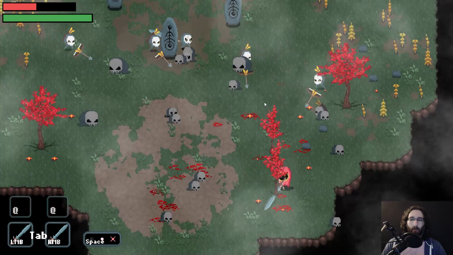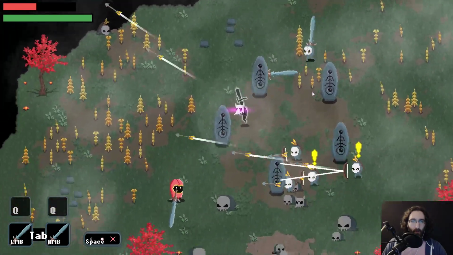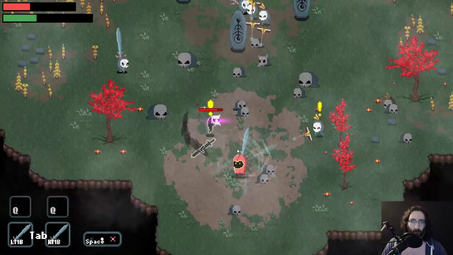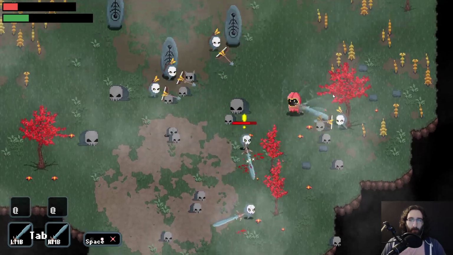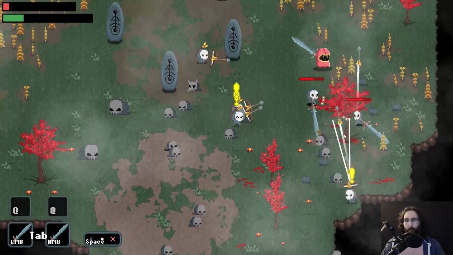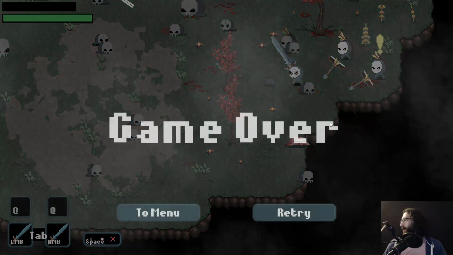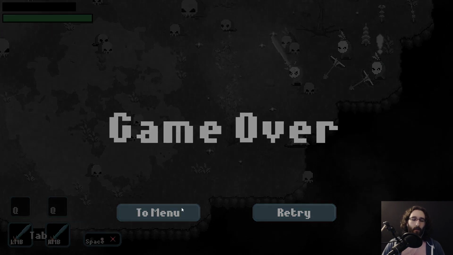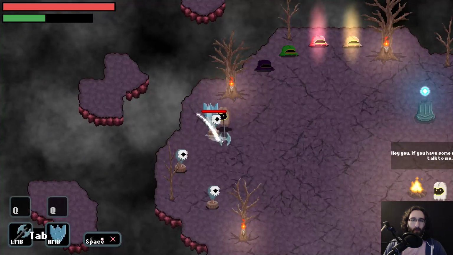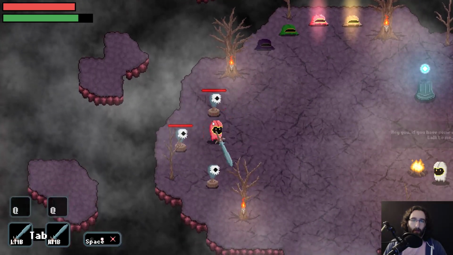Eh. Am I supposed to do something here? Uh oh, boss, I think. Nope, never mind. Just a different enemy. Oh, shoot. I don't know. I think I can kill the... I'm pretty sure I can kill them. I'm gonna try to kill one. I was doing damage with my sword. I wasn't doing damage with...